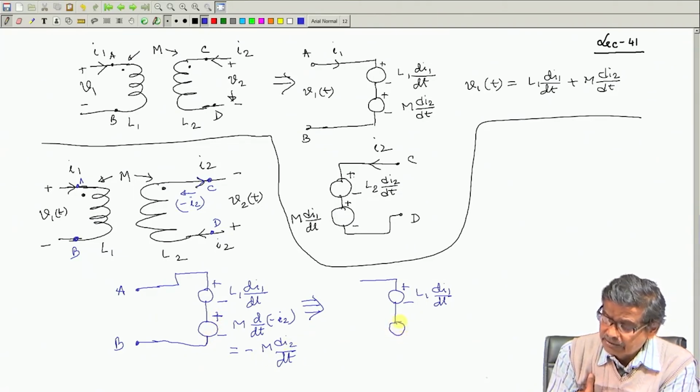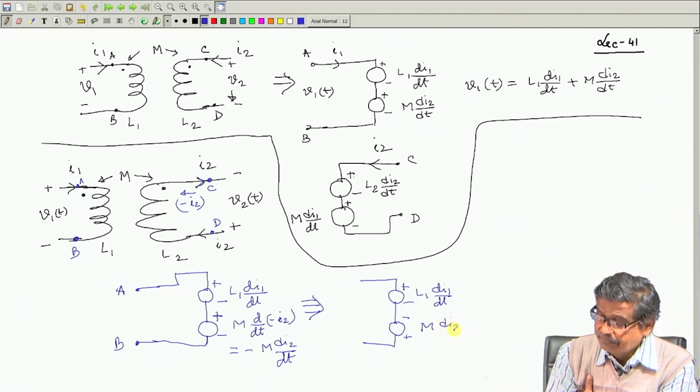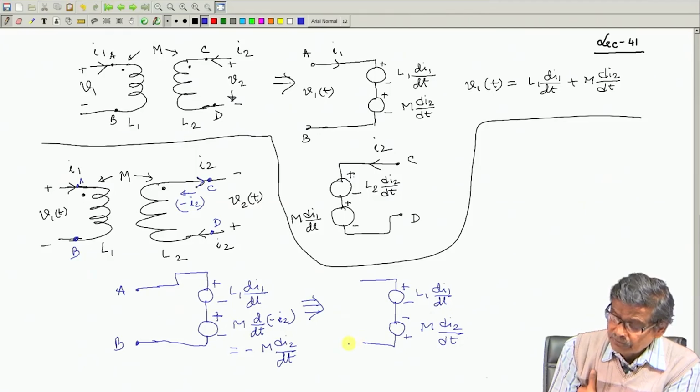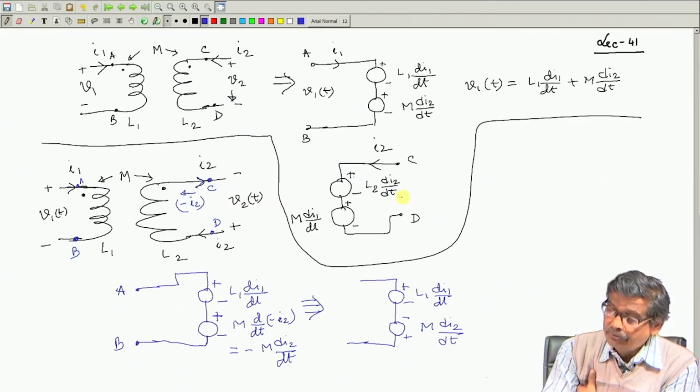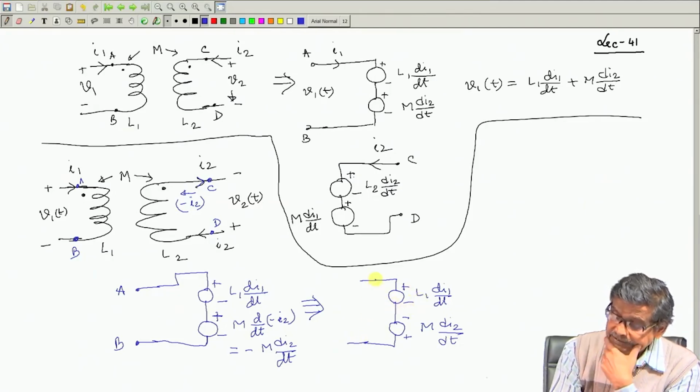Therefore, you can also reverse this polarity and tell that this is M di2 dt. So, either of them is true, and this is I1